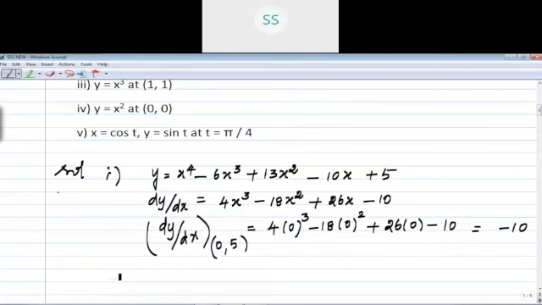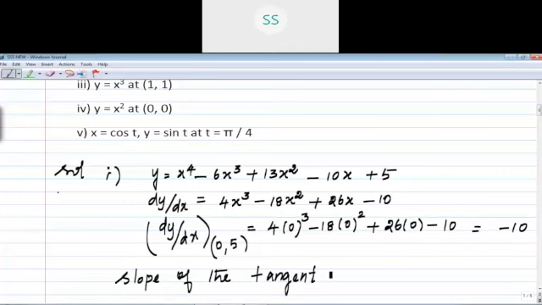What are the things we need? Everything we have to find first, then we will pass on to the question. What they are expecting, that we will find. Slope of the tangent, what is it? Your dy by dx. Slope of the tangent is equal to minus 10. Now we need the slope of the normal, because in the question they are asking to find the equation of the tangent and normal. So the slope of the normal also you should find out and keep ready.